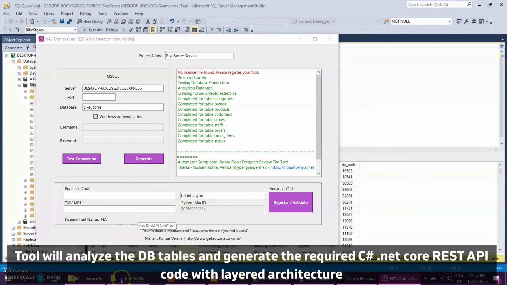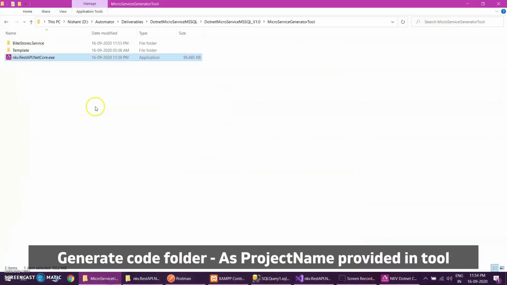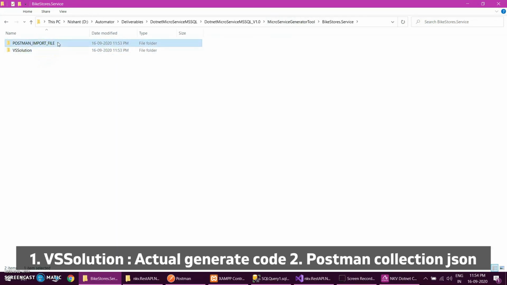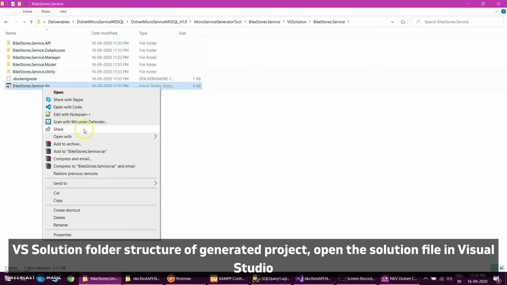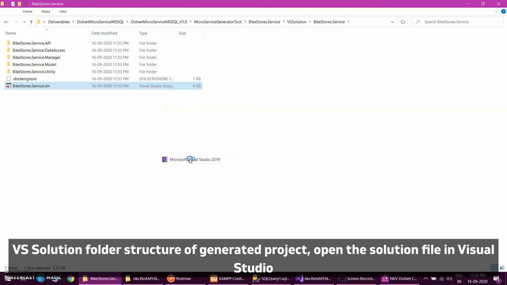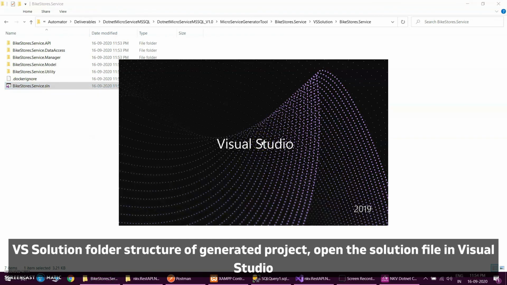If I go to the current directory, I will see there is a folder generated. In that we will have two files. One will be your VS solution, which is your complete project, and another will be your Postman JSON. These are the folders you will get generated. These are the project solution folders. So if I start that solution,